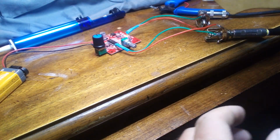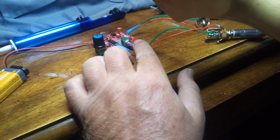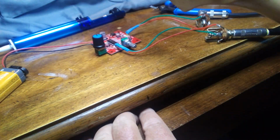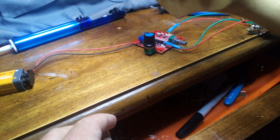Like I said before, this is the whatever it was, like $5 and something. It doesn't get very great sound on a long delay, but I put the jumper. I removed the... I guess I should show you how I did that. To remove the